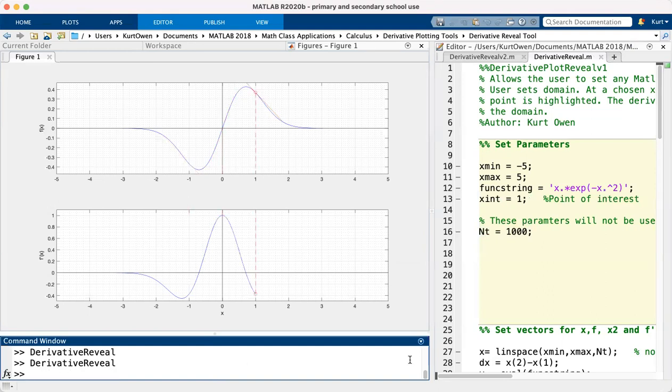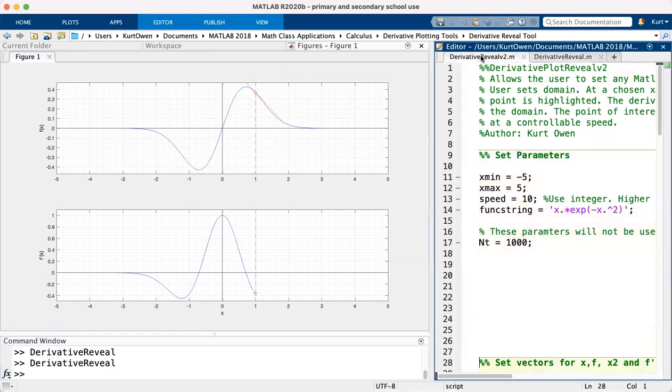So the teacher could slowly roll out where the point of interest is, and make it go from left to right at whatever speed the teacher wishes. So they could analyze slowly what's happening to the derivative function. Now, version 2 of this is going to be just slightly